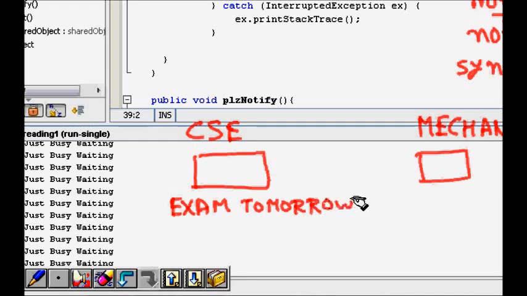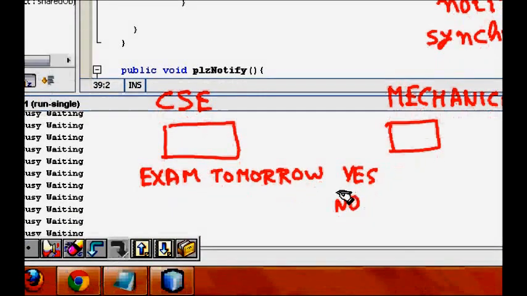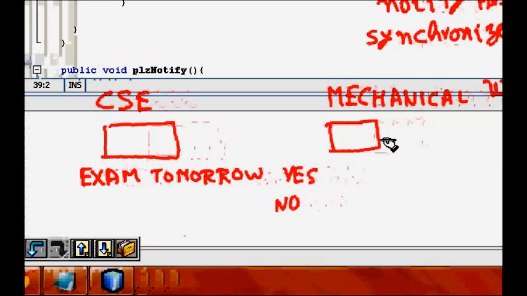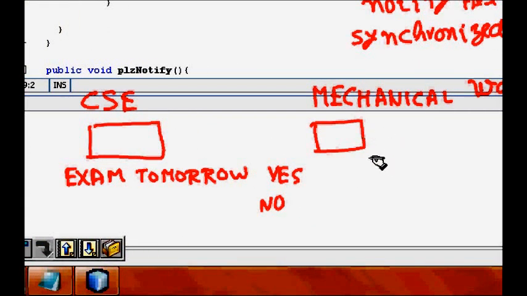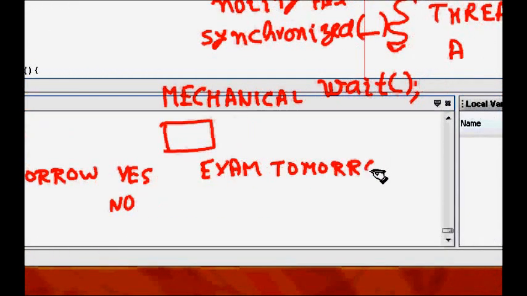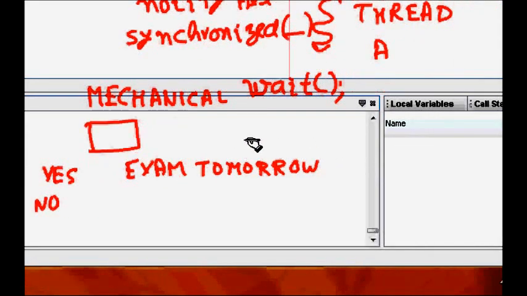This will become yes or no. Now it is no, but the examiner has told you to check at 4 o'clock or so, and if it becomes yes, it means you have exam tomorrow. Similarly, in the mechanical department there is also an exam tomorrow field, and students check it, and if exam tomorrow becomes true they have exam tomorrow.